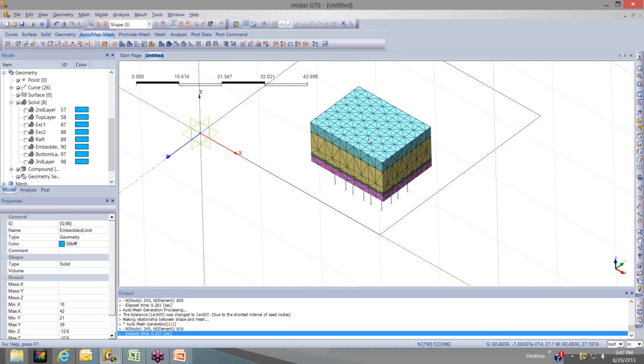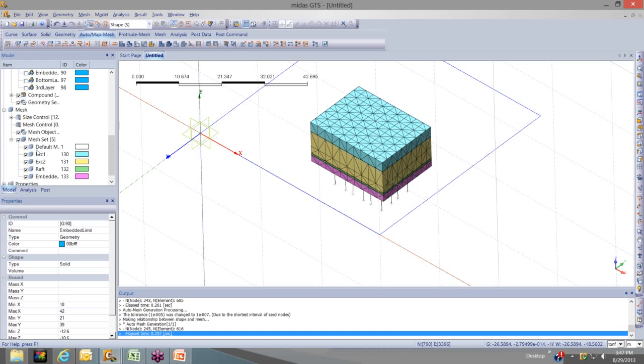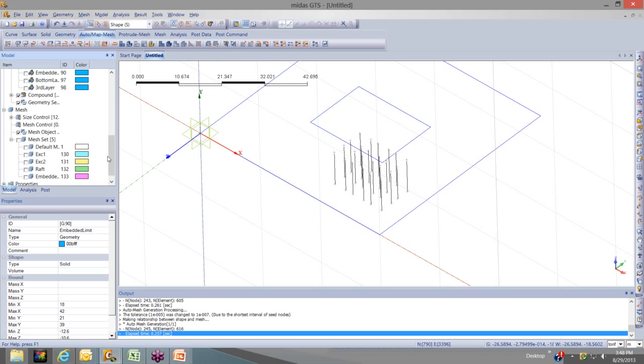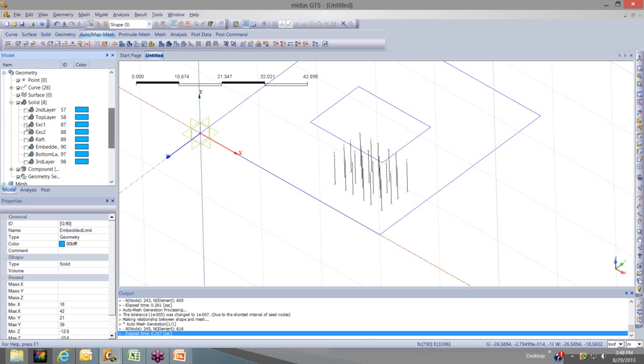And now what I want to do is create my mesh set for my retaining wall. So first, in order to do that, we have to turn off this mesh set. So if you go to the work menu here to the left and open up the mesh option, and open up mesh set, see all of my mesh sets are available, and I named them all accordingly, so it's very easy to recognize which corresponds to which. So let's turn all of these off, and then let's turn on the solids again. So just go along here,